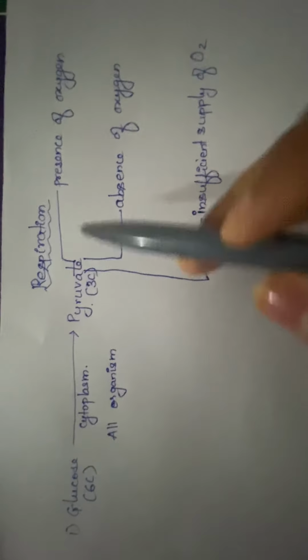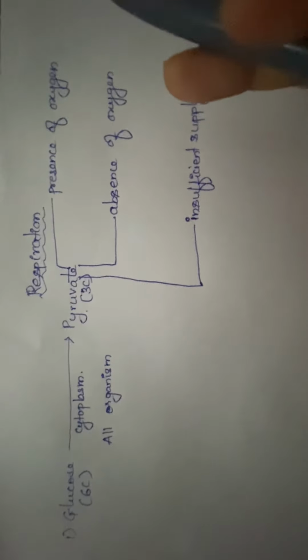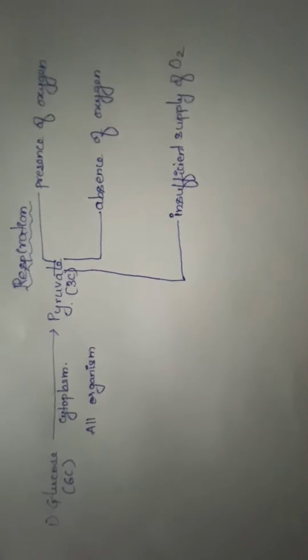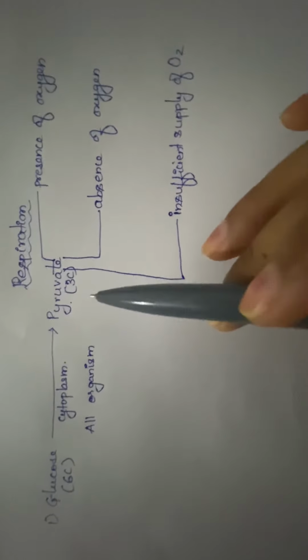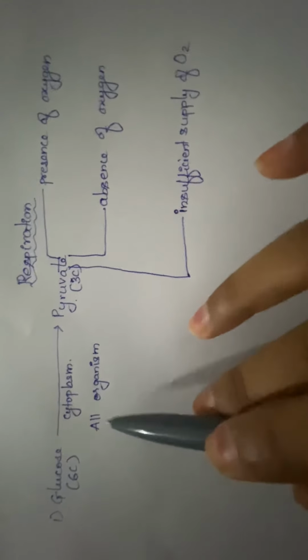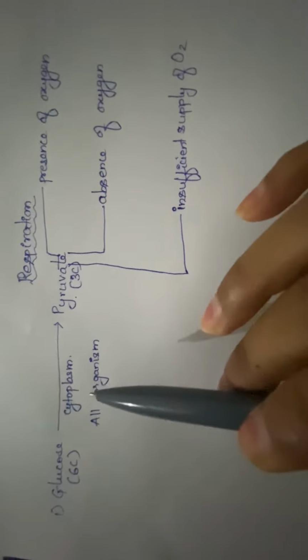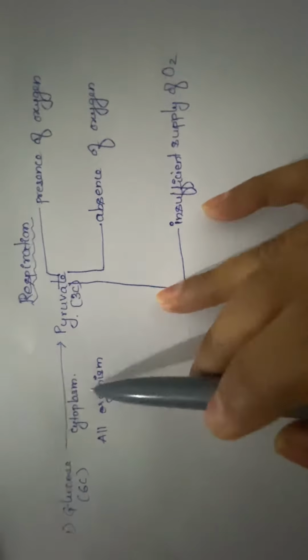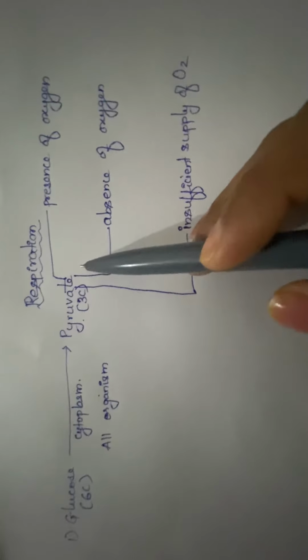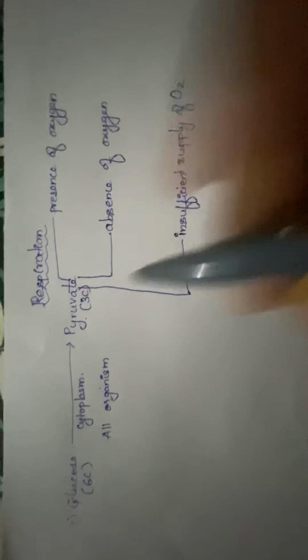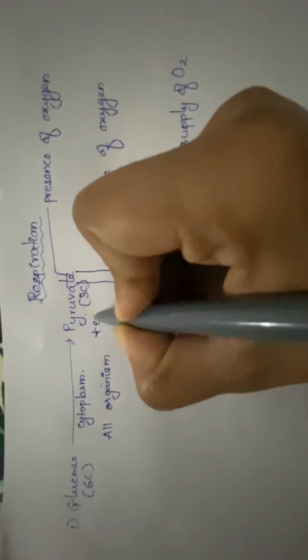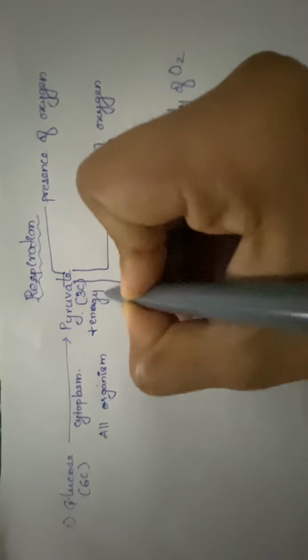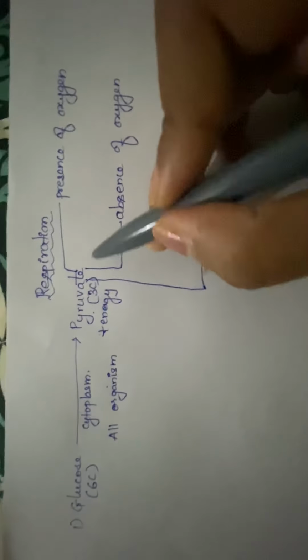To liberate energy, glucose has to be broken down. So glucose will be first converted into pyruvate, a 3 carbon atom molecule. This occurs in all living organisms in the cytoplasm of the cell. Now further, to liberate energy, here some amount of energy is also liberated. Now further